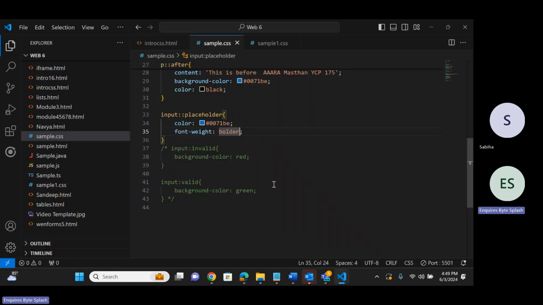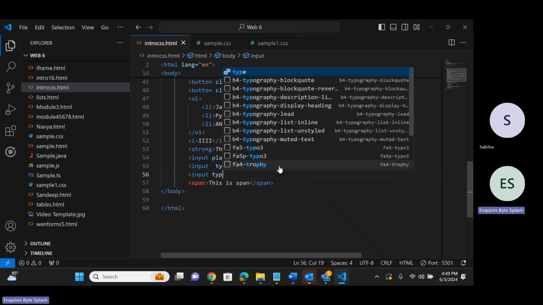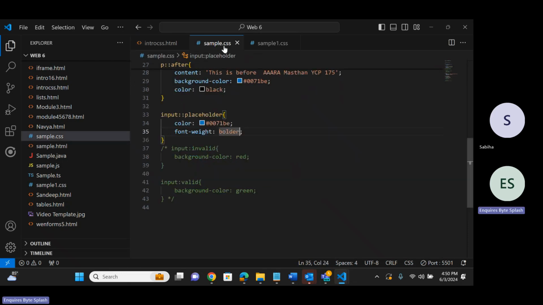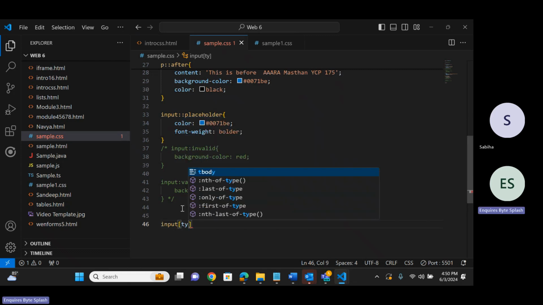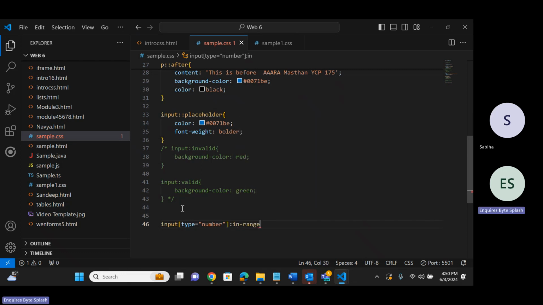Again, in range selector. For example, we have input, input type equal to number. Its minimum value is 5 and its maximum is 10. Fine. Now we can apply in range for that. So input, we need to take type equal to number first. Again for that we'll put in range. If it is in range, then that background color will become